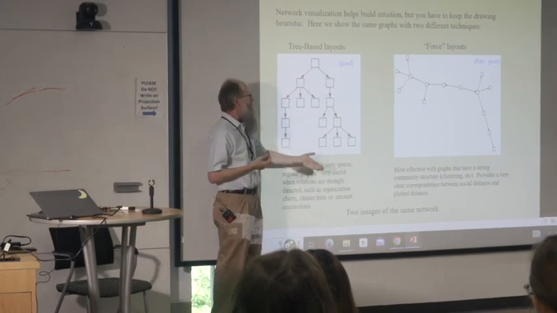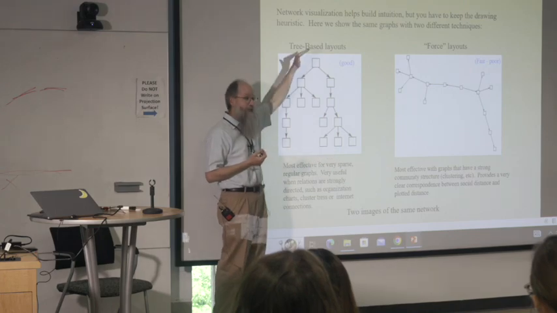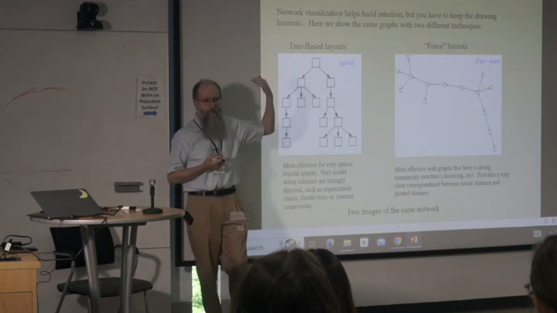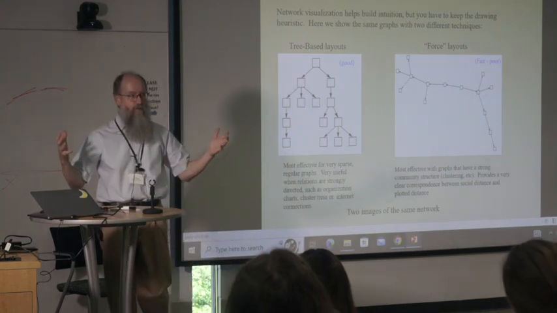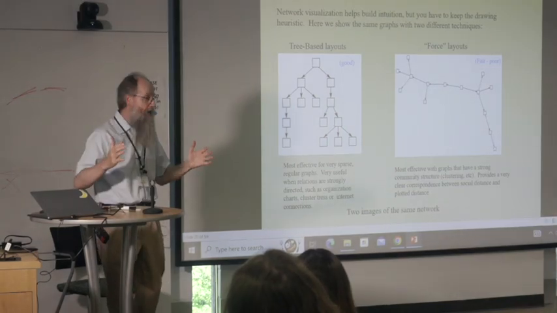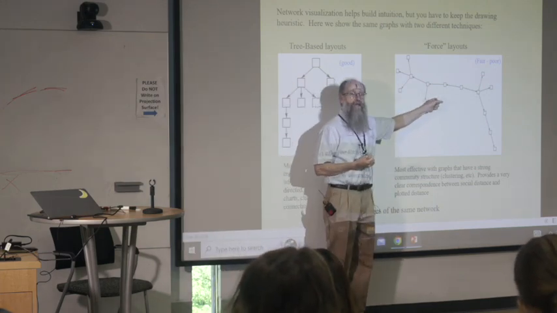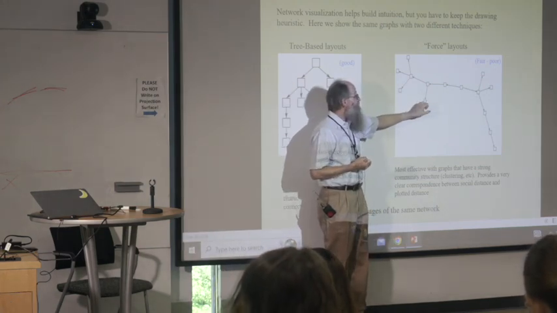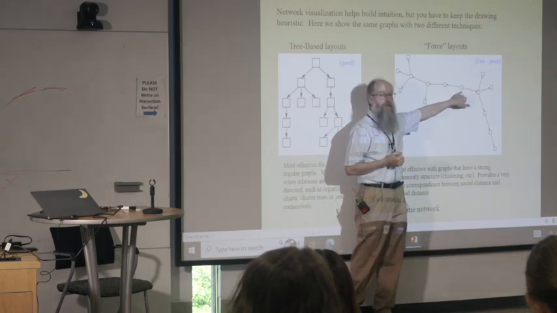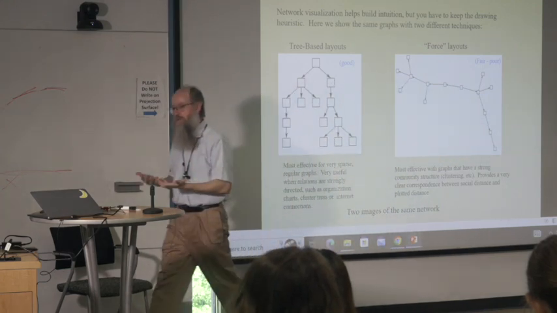So in a hierarchy, you want the top nodes at the top and the peripheral nodes at the bottom, taking advantage of the flow of authority from top to bottom. Or you could flip it and go from bottom to top, or you could make it a circle from center to periphery. There are lots of ways to do that, but you have an ordered meaning set, so use that to your advantage. It makes no sense to put that in a space-based layout. In a space-based layout, I can find the root of this tree if I look really close and find the node that has no incoming edges. But why make your audience do that, right? Don't force them to do something they don't have to.